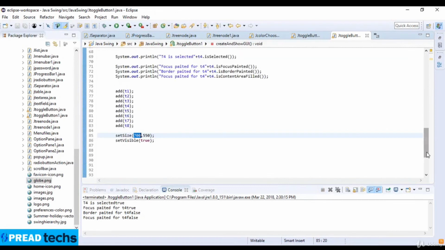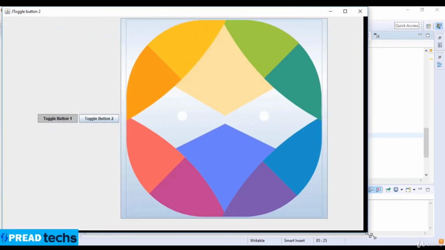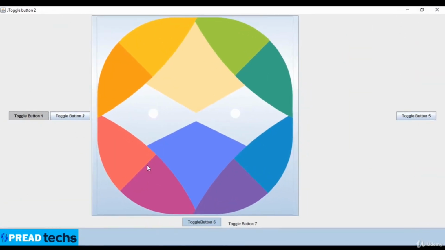So here I just change the size, which is 1000 x the height 600. Okay, so you can see here the different types of buttons, and then the images are here. So this is a simple example of the toggle button in Java. Thanks for